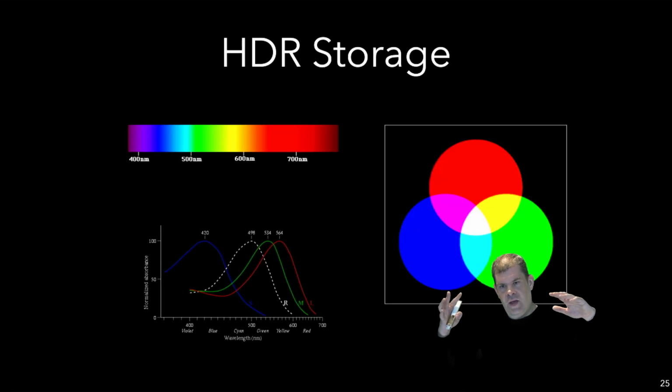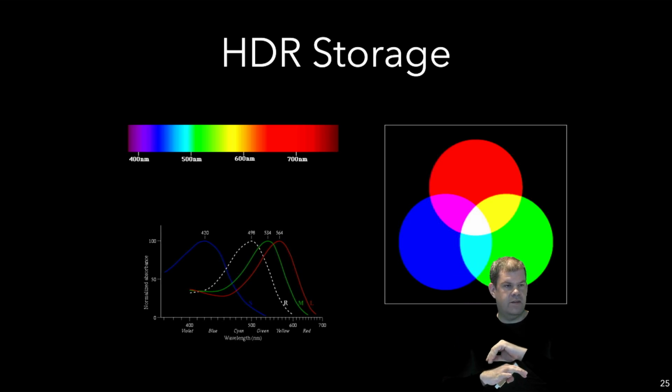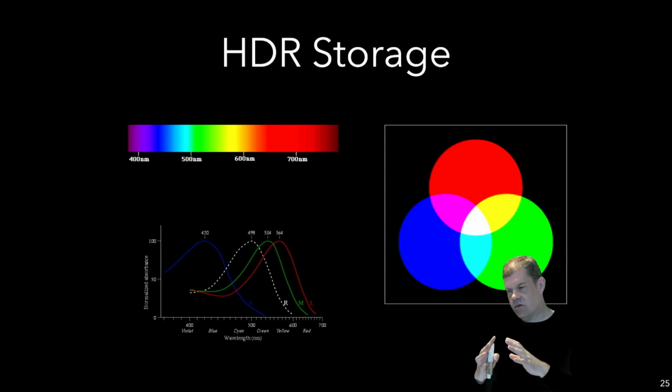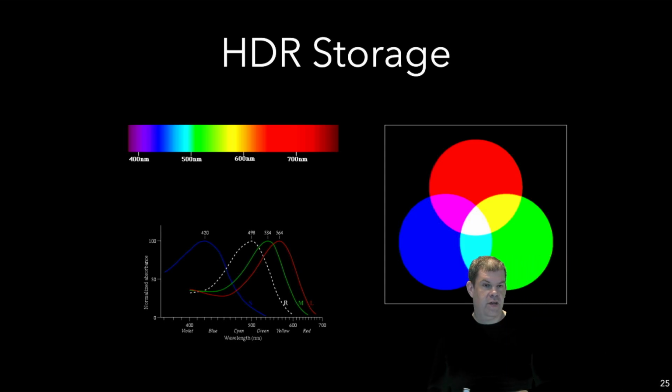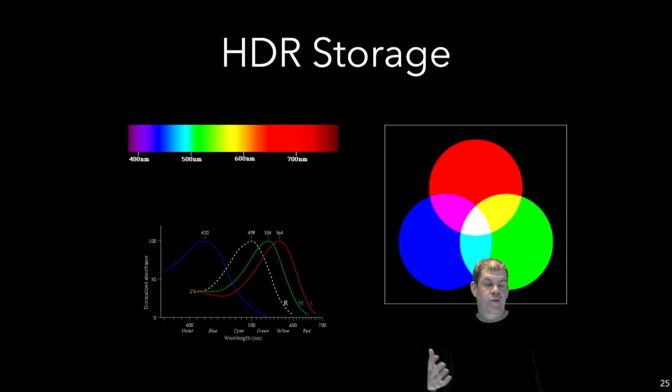Okay. So now let's talk about storage. We say, well, we can capture the whole thing with our high dynamic range camera, and we've got this cool lens which goes beyond human capabilities. Certainly, we can render at way higher precision. We use double precision for rendering, so we're also good to go. And then even the 1 million to 1 ratio isn't a big deal. So next thing we need to do is we need to store